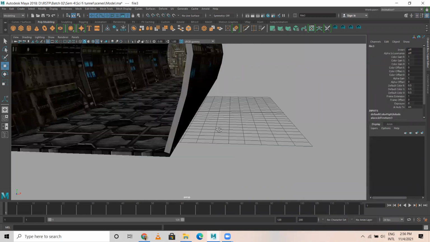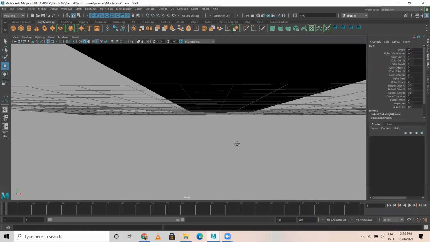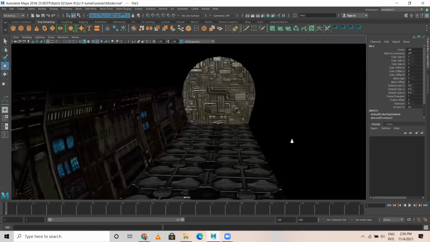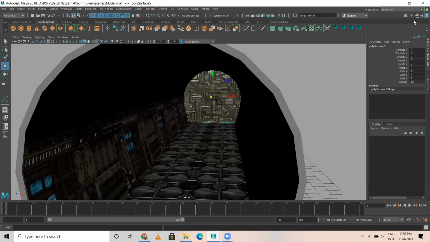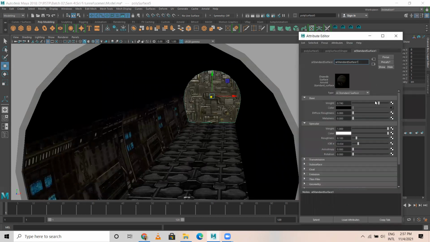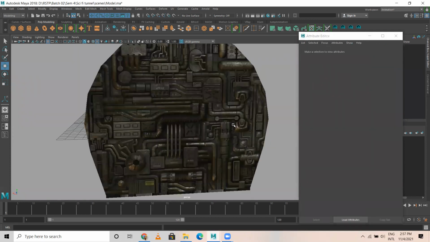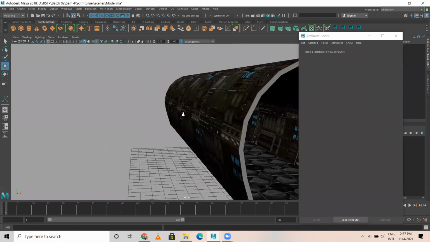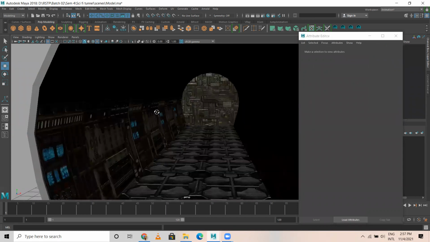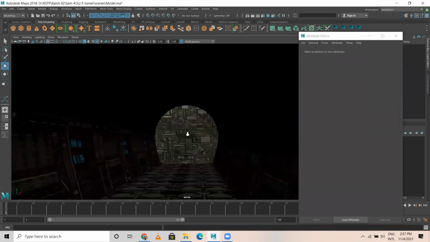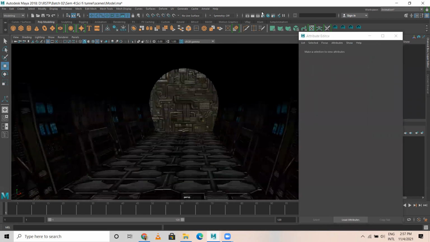So this is how it's done. Okay, great. I would like to make this a bit darker. So weight, I'm gonna reduce. So this looks darker. Okay, something like this. And now the best part is I would like to apply bump as well. So now let's take a render.